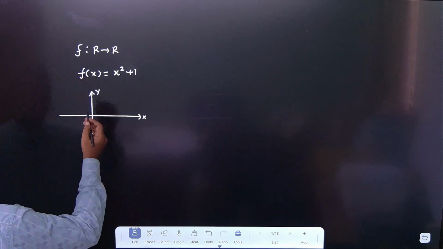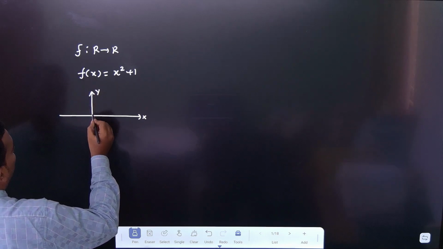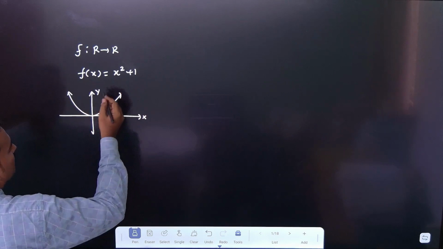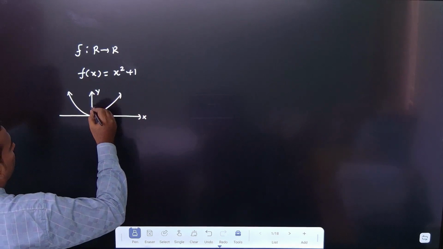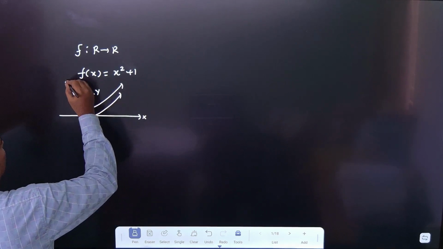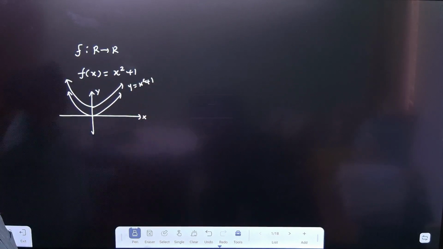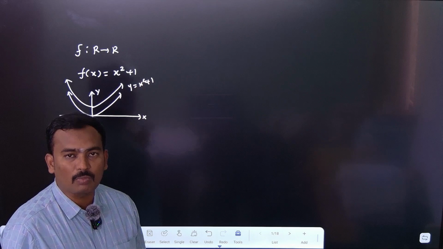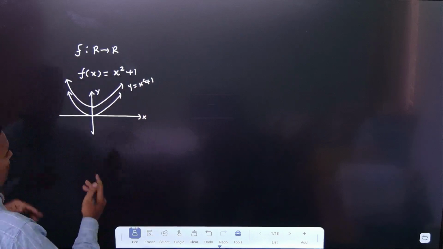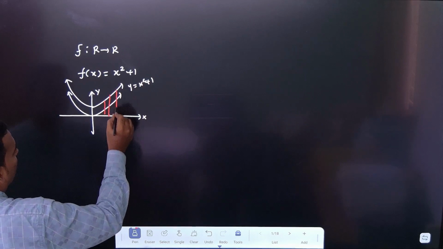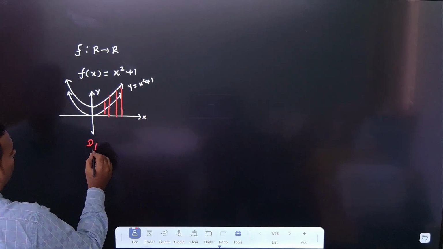So how do we draw the graph of this? You can see this is your parabola, y is equal to x square. Just shift it 1 unit up. This is the graph of y is equal to x square plus 1. From the graph only we can identify the domain. You can see it covers the complete x-axis, therefore the domain of f is